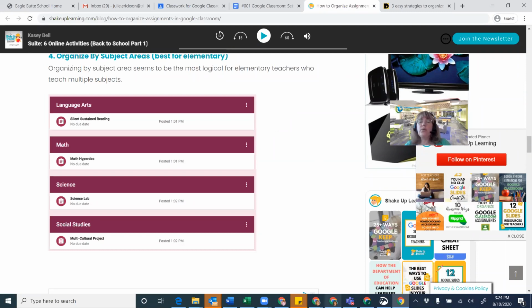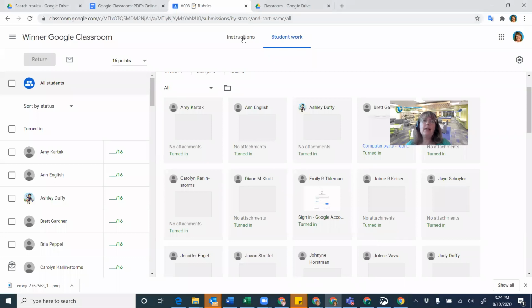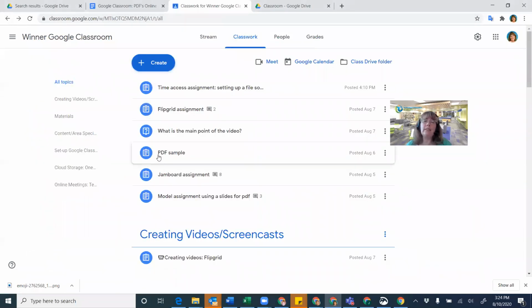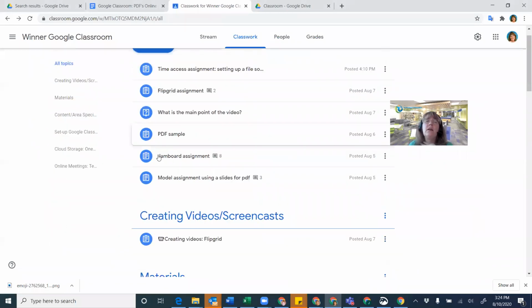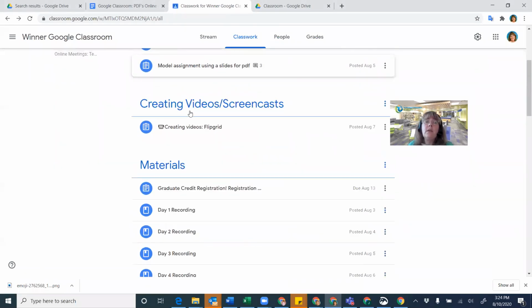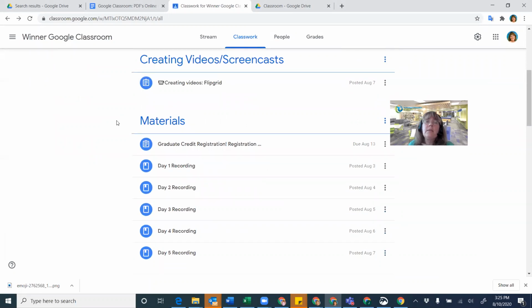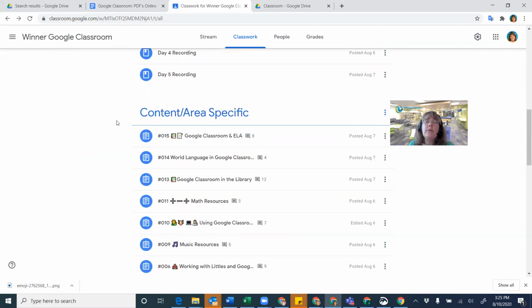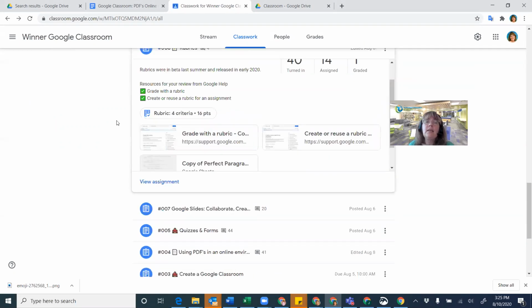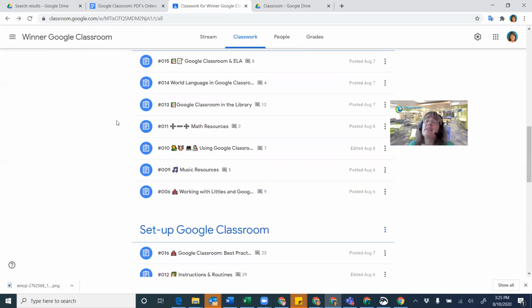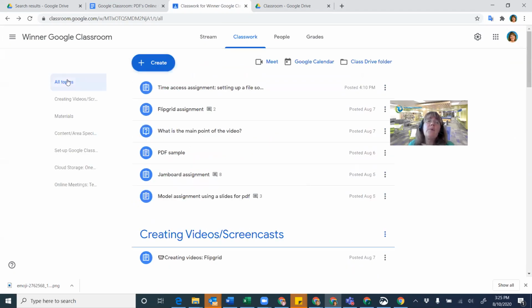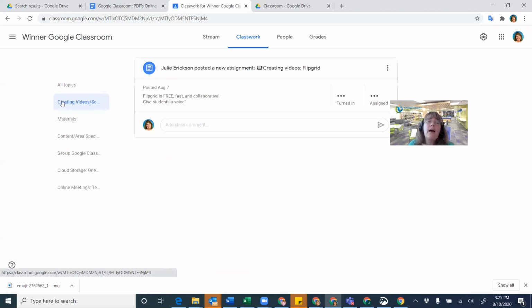I'm going to show you an older class that I did, and you can see it gets kind of unwieldy kind of quickly. So these are the floating assignments. This is an assignment, this is the different topics, but you can see there's a lot of stuff here. And so if I'm going to have reading, math, science, but at the same time, I can click on a topic,